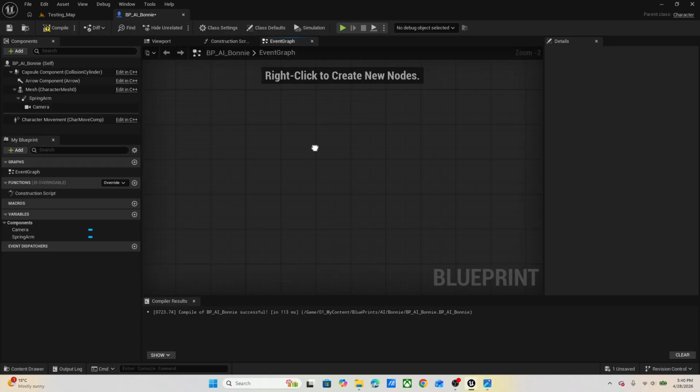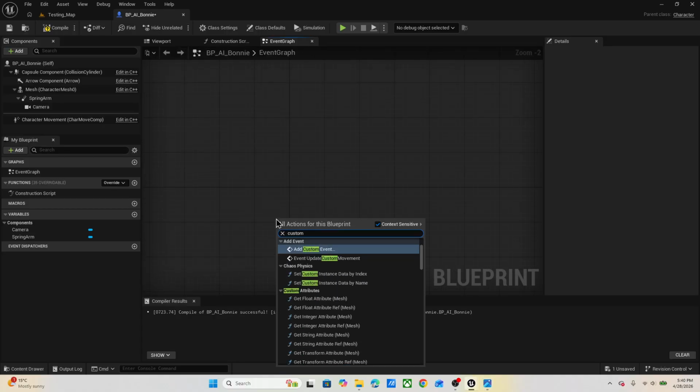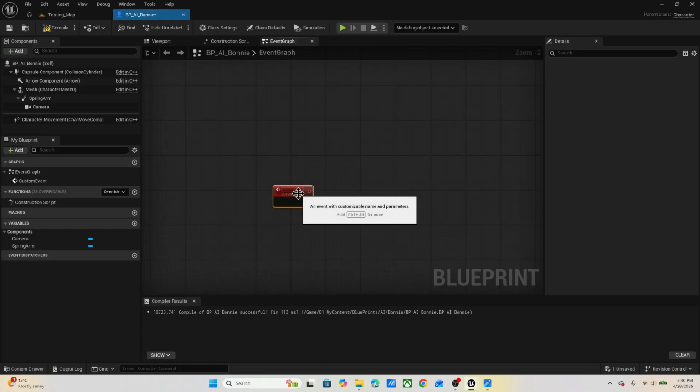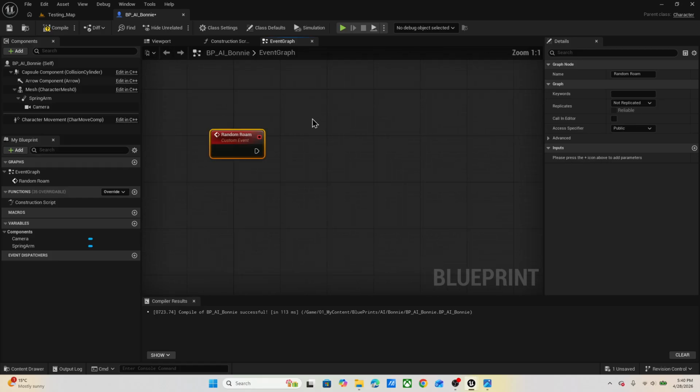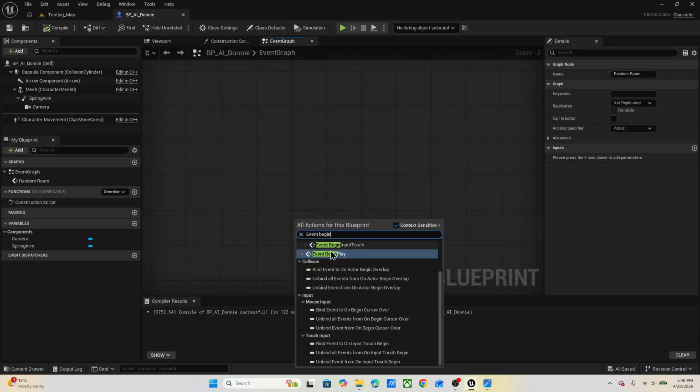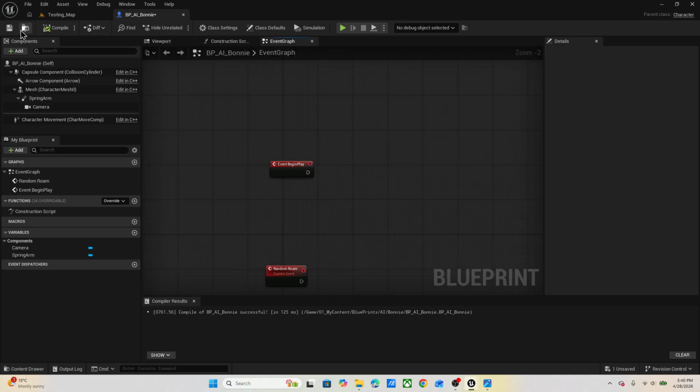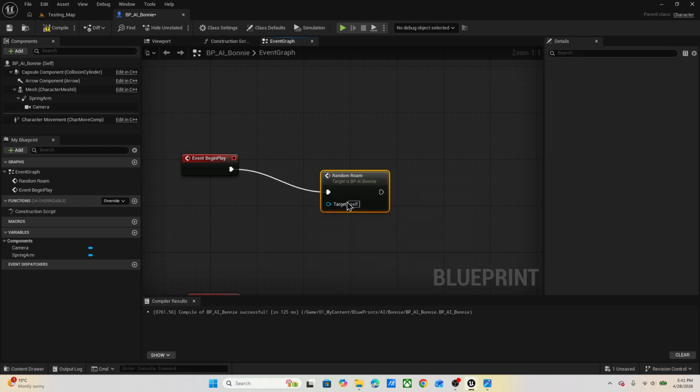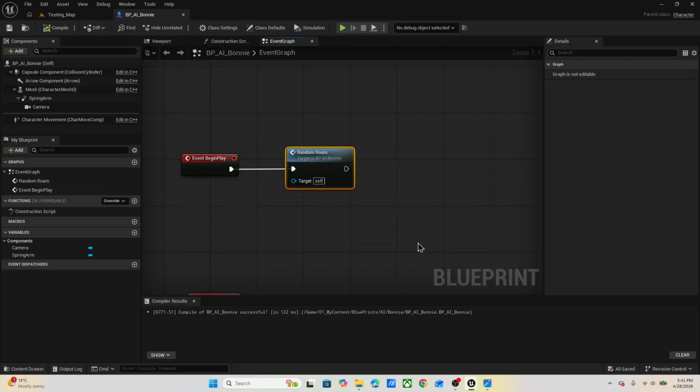Alright, we need to create a custom event. Let's call this Random Roam. Just like that. Save. And then we need to do Event Begin Play. I don't know why I deleted it. And then off of Event Begin Play, we're going to, you guessed it, I don't know what you guessed, but I'm calling Random Roam. All right, so